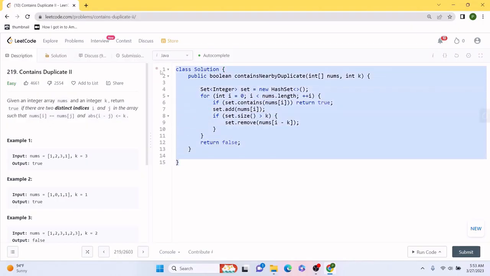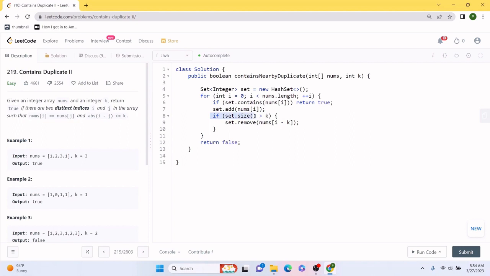Okay, so for this problem, I'm not going to write the entire code. I'm just going to give you the explanation. So first we are going to initialize our hash set, and I mentioned that we can use hash map or hash set, anything. In this case, we are using a hash set. Now we are going to iterate over the given input array using a for loop. First thing we are going to do is check whether our set contains the current value, the current ith position value we are at. If that is the case, we can return true immediately. If that is not the case, we would add that entry to our hash set.